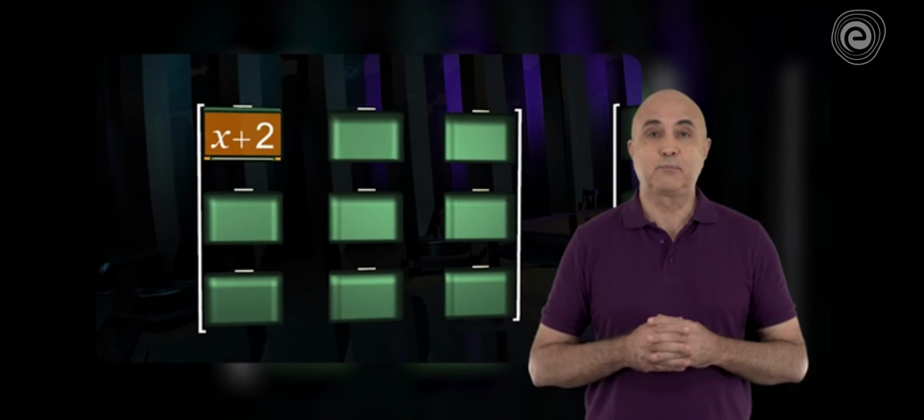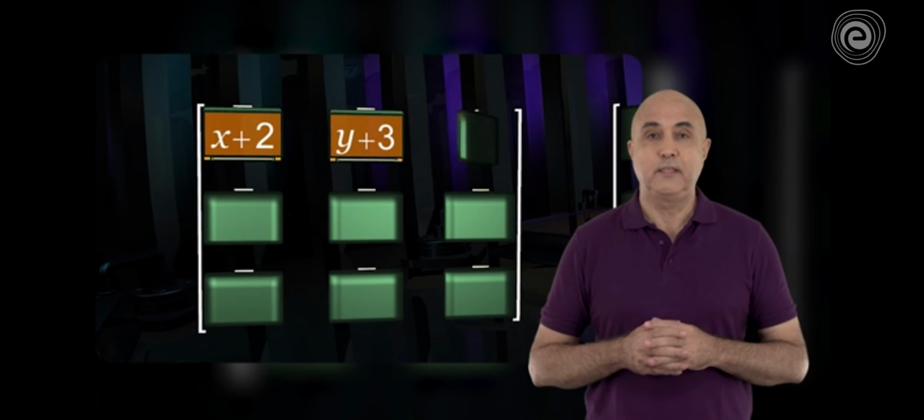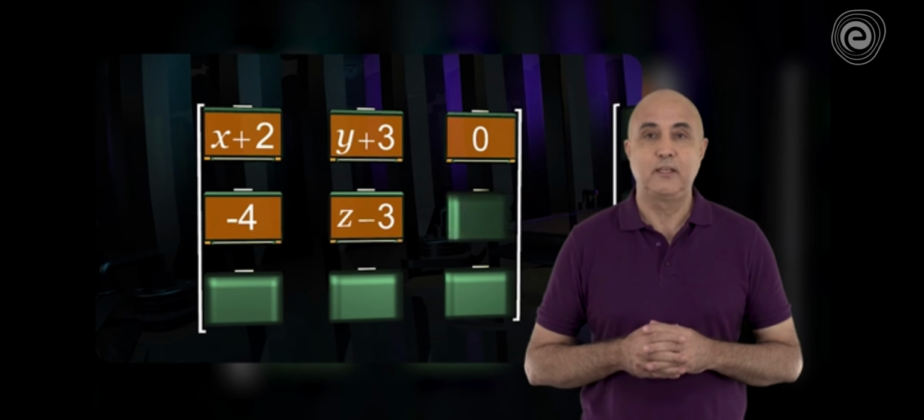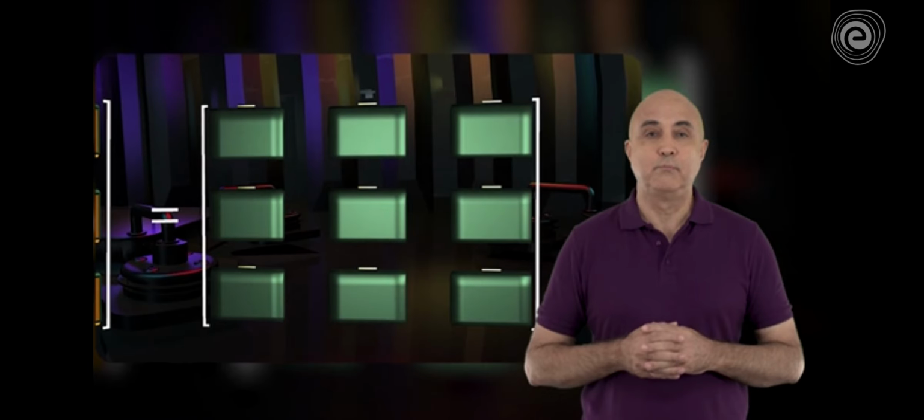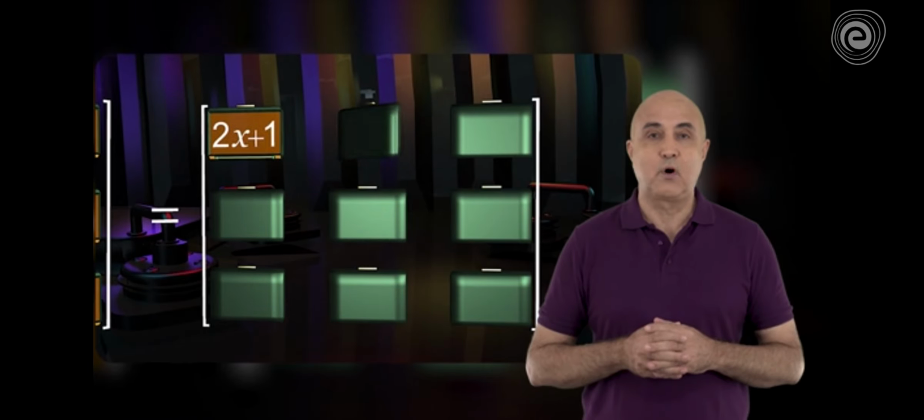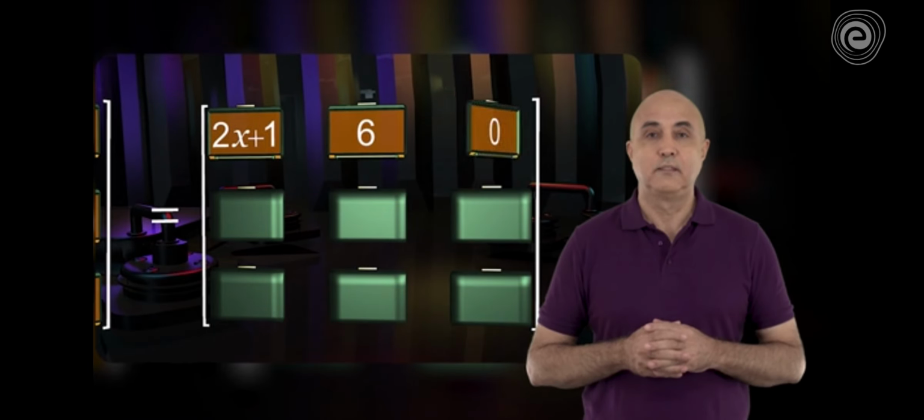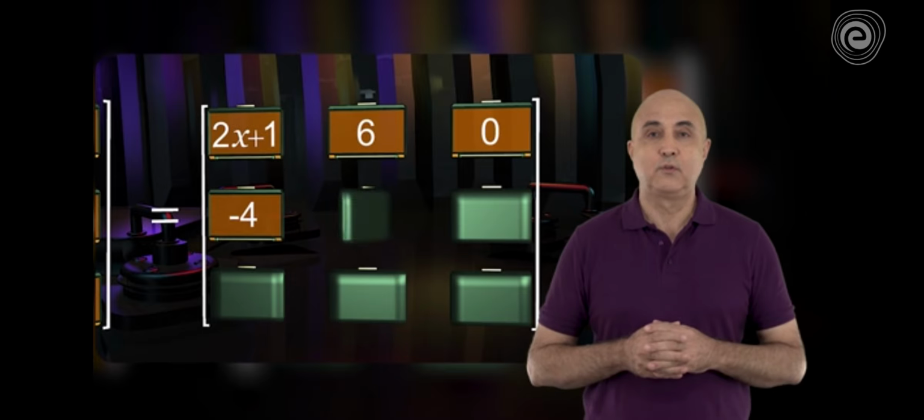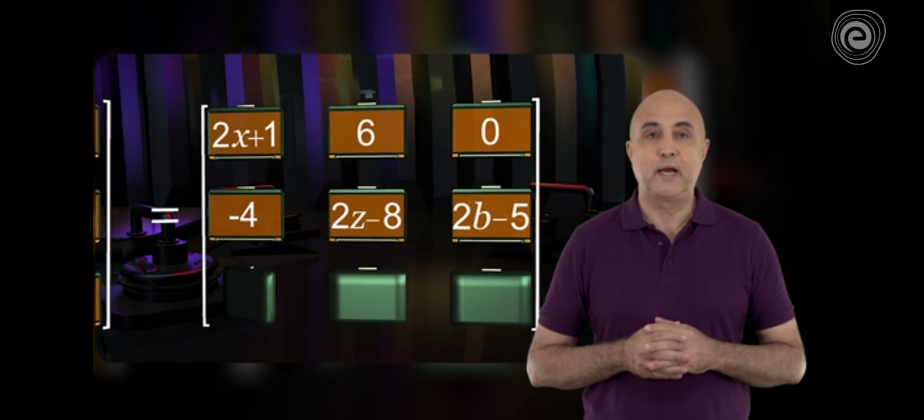If matrix [x+2, y+3, 0; -4, z-3, 3+b; a-5, -3, 2] is equal to matrix [2x+1, 6, 0; -4, 2z-8, 2b-5; 7-a, -3, 2], then find the values